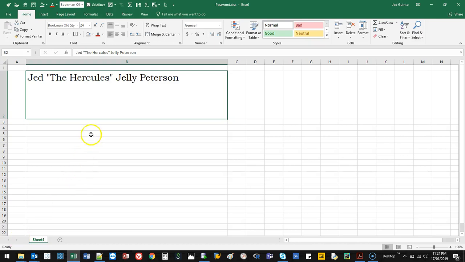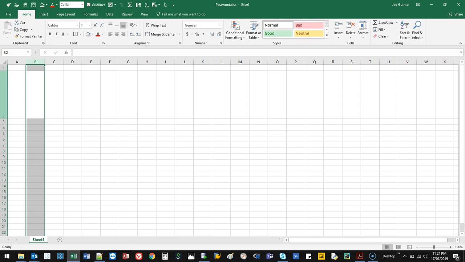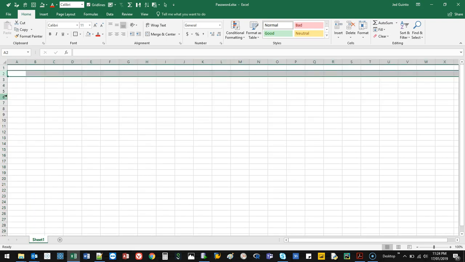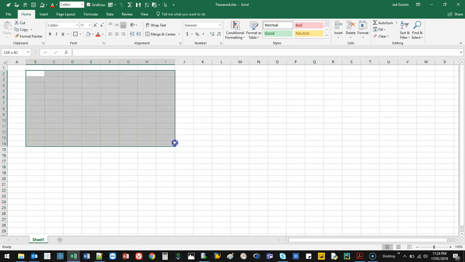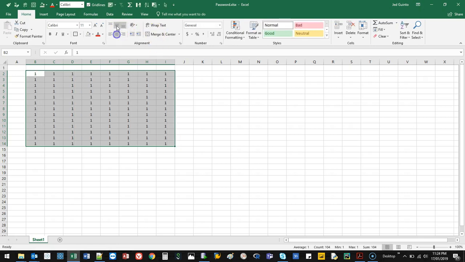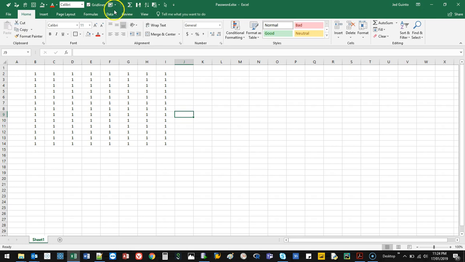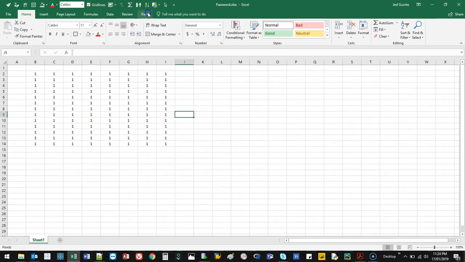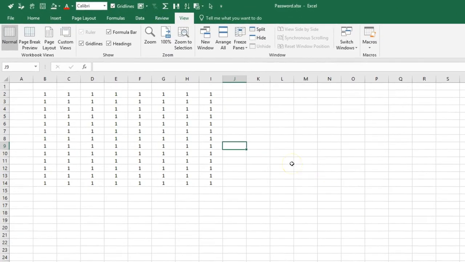All right, so I'm going to teach you custom borders. First, let me get rid of this because I was using it for another tutorial. Let's say I have a table of some sort, right? I'm just going to justify this. And I'm also going to get rid of the grid lines so you can have an idea what it looks like